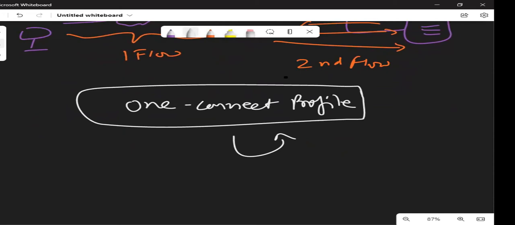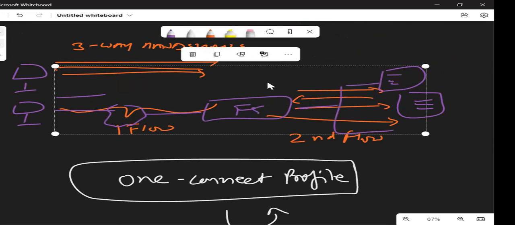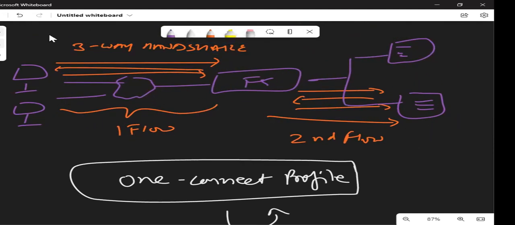What does this profile say? This profile says that since from F5 you are initiating a connection, there is a connection time to live, maybe we can say like 30 seconds. Within 30 seconds, if some request comes, I will maintain the same connection and I will not initiate the TCP handshake again. See how much traffic can be avoided.